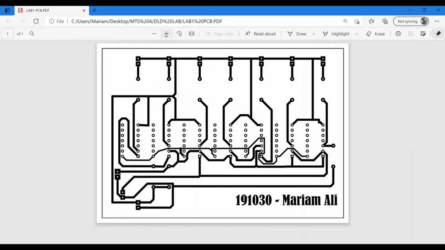So this is how simply a PCB layout can be designed. Hope you can understand it